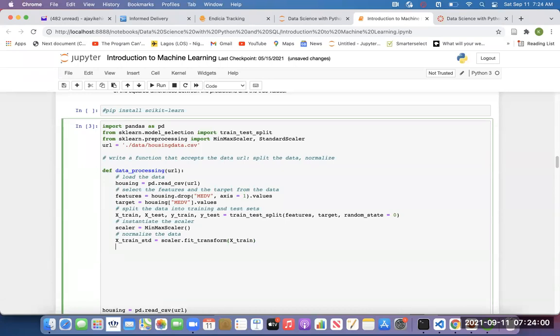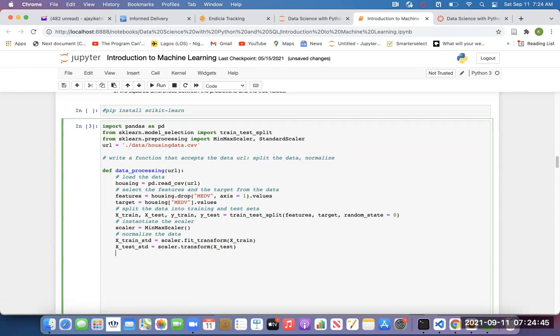Okay, so then finally, we're also going to do that for the xtest, but for the xtest, I don't need to find the minimum and maximum again. I only need to use the minimum and maximum that we calculated from here, from the fit, to transform the xtest. So I will just do scalar dot transform. So for the test set, you don't do fit transform, you only call transform. Because if you call fit transform again, that means you are going to find another separate mean. And that way the two data will not be similar. So the model will not perform very well.